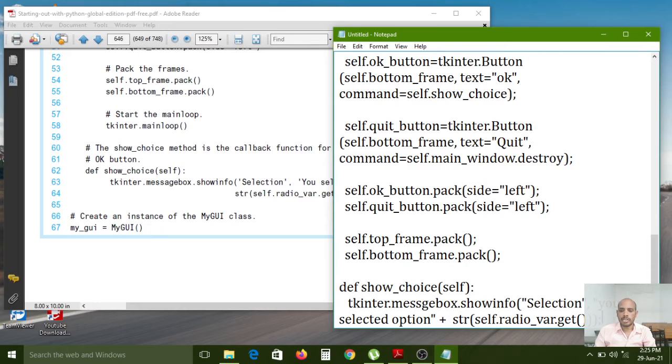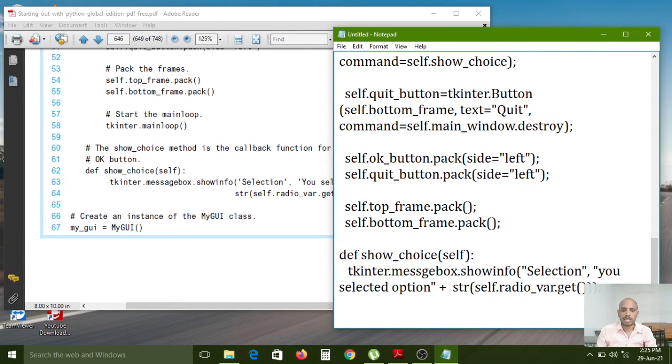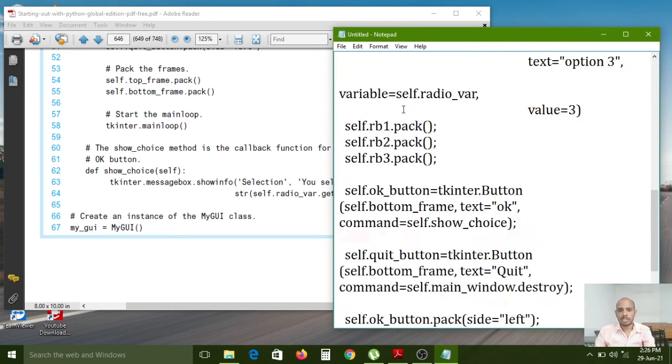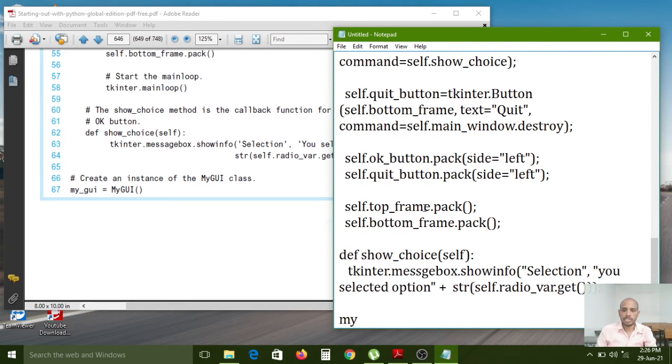Now I want to create the object for this class. So for that, I am copying this one. Here I want to type my_gui equal to, I am pasting the class name and giving the constructor name.